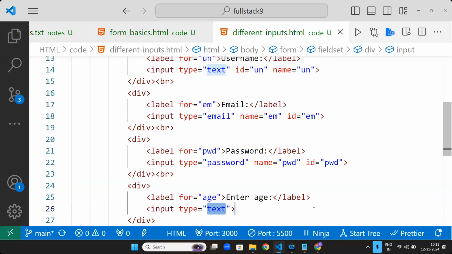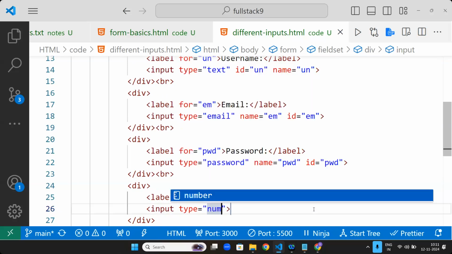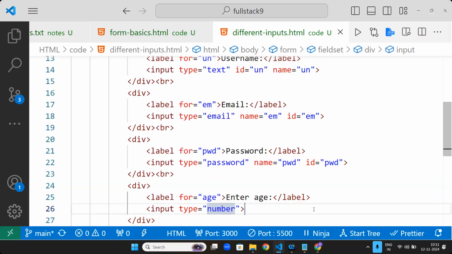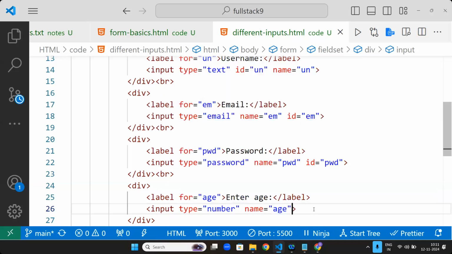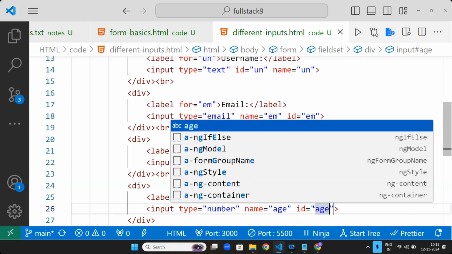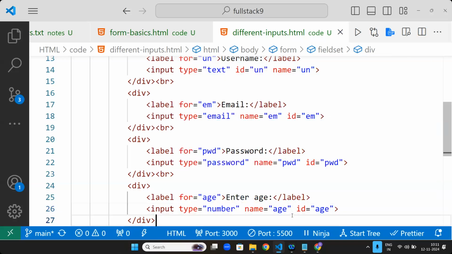Instead of type equals to text, I am giving type number. Input name is equals to age, and then ID is also age only, because ID and for has to match. Input is a self-closing tag, sir, actually.